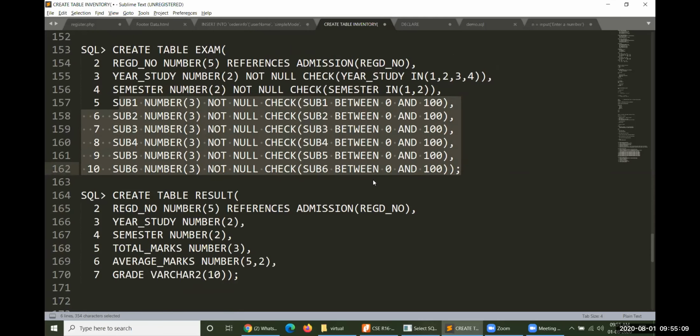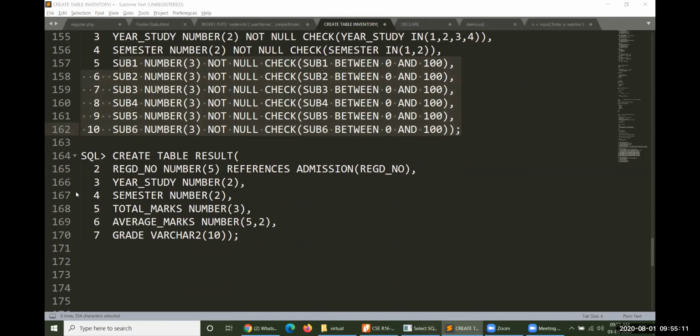And one more table has been created, that is result. And this result will have register number, which of course also refers to the same admission register number only. Year of study, which year he is studying, which semester he is studying, and based on subject 1 to subject 6 marks, what is the total, what is the average, and what is the grade.